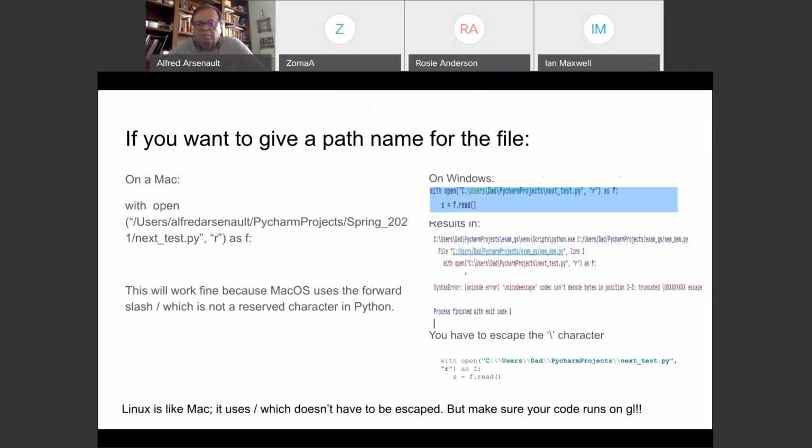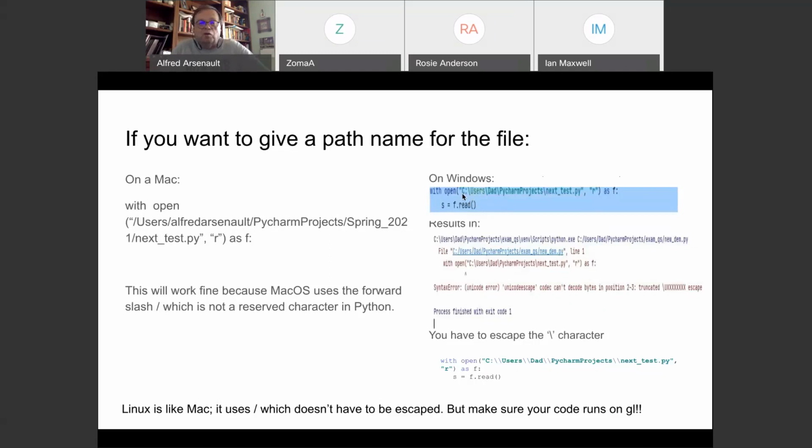This is fine. If you try to do something on Windows, remember that Windows uses backslashes. When I say slash, I mean from the upper right to the lower left. So this is a forward slash, or a slash on a Mac, upper right to lower left. Upper left to lower right is called a backslash, and that is what Windows uses. So my file on my Windows system, which was shared with the kids,